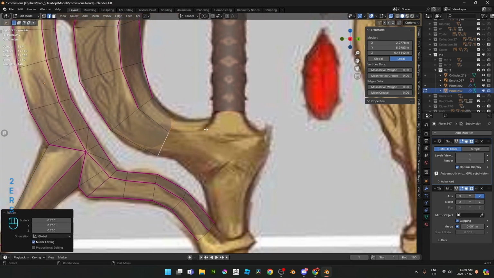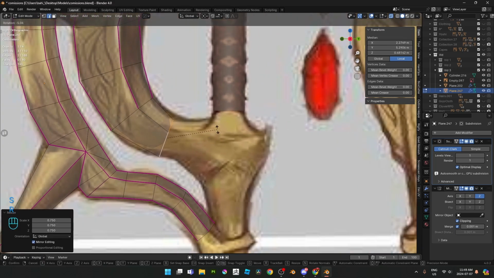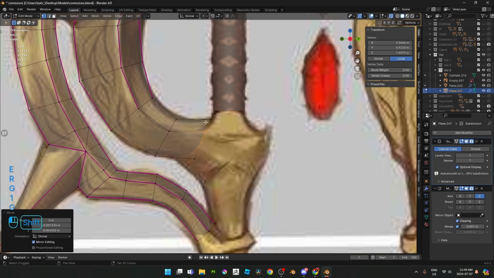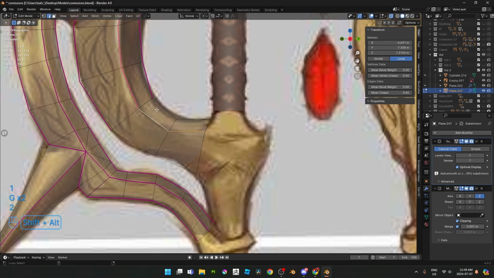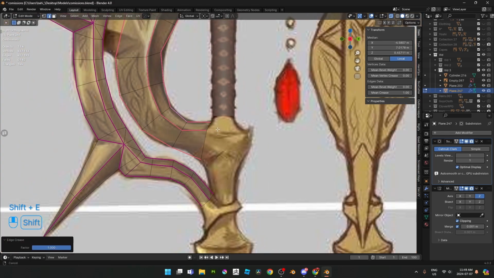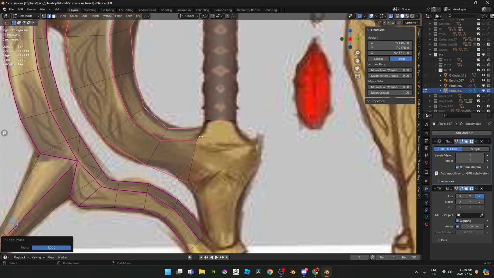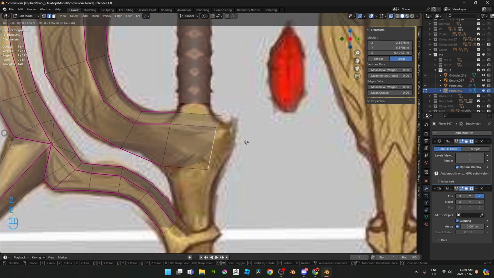Alright, let's just go over here. Now we kind of go to a cylindrical shape. That's going to be pretty simple. This is why I use sub D for this method, just because you're a lot more flexible with what you can do. Okay, so here we're gonna do one extrusion,